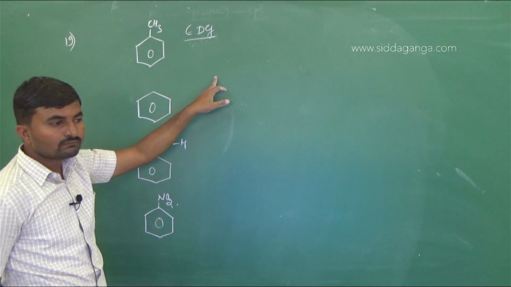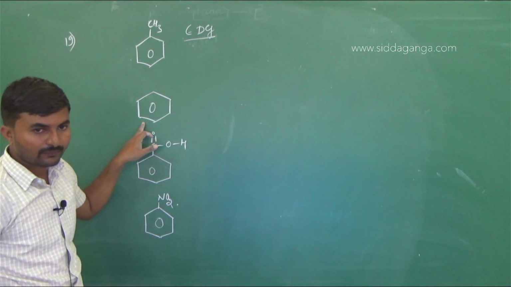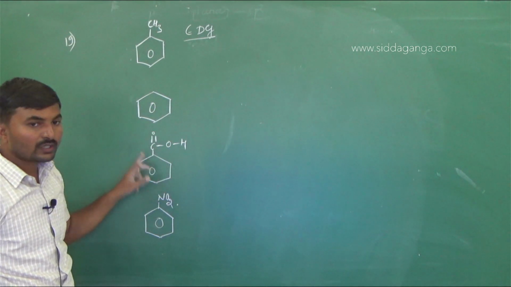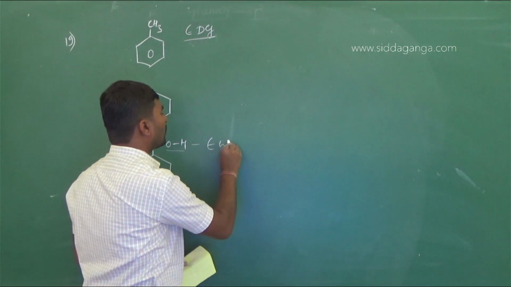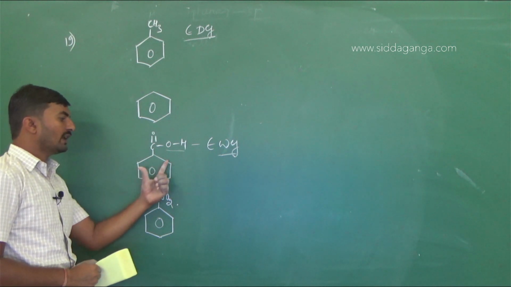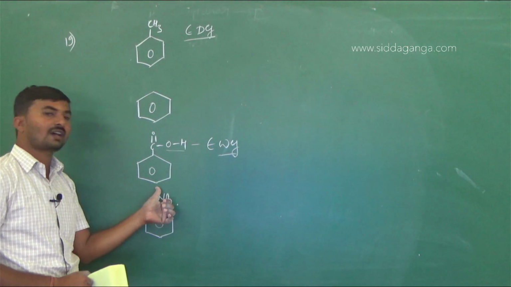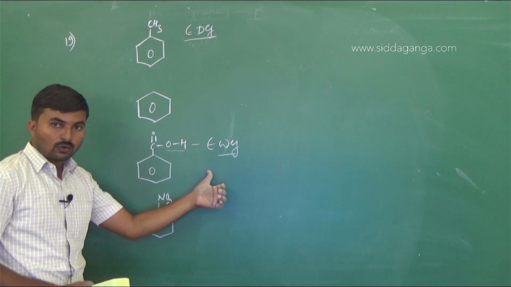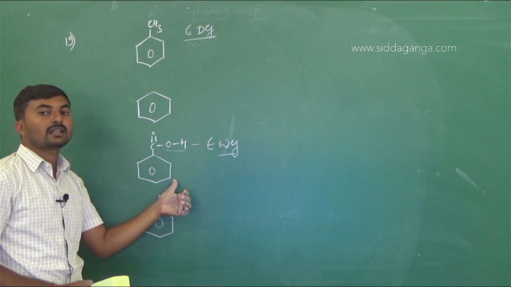Okay, followed by this is the benzene ring, which has no effect, followed by this is benzoic acid, and the nature of this COOH group is an electron withdrawing group, which withdraws the electron density from the benzene. The ortho and para positions have less electron density, they get positive charges. Because of the positive charges, the incoming electrophile can enter into the meta position.